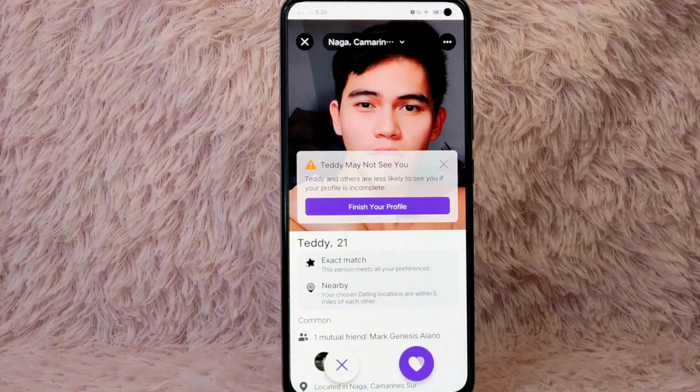There you go. If you wanted to know how you can browse on Facebook Dating, that is the easiest